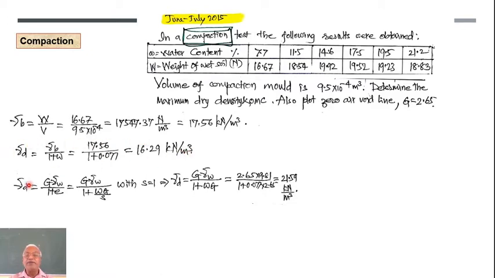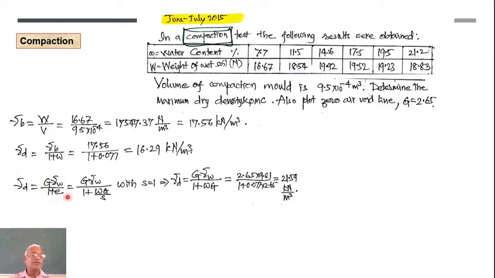Now this is plain gamma D. Now gamma D with the zero air void, assuming the same water content of 0.077 or 7.77%, if the soil is fully saturated. It means that with smaller water content, if it is fully saturated, the voids are too few and the dry density will be maximum, right? So how to calculate that?